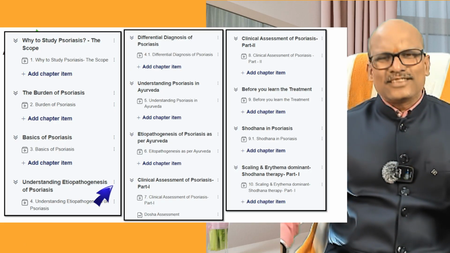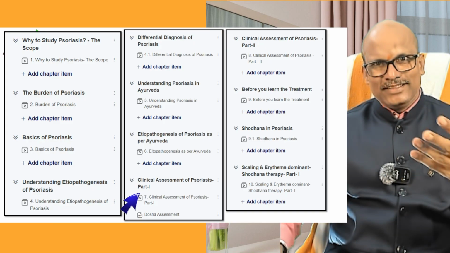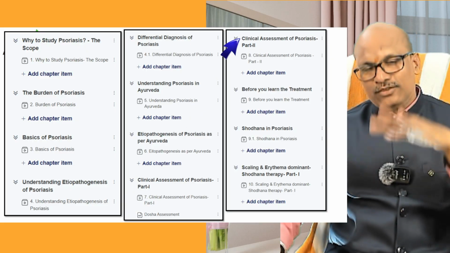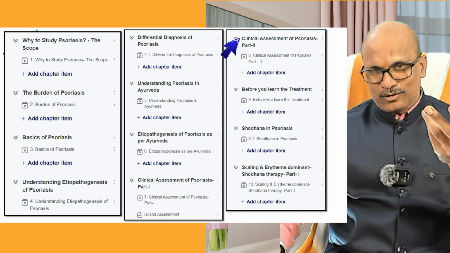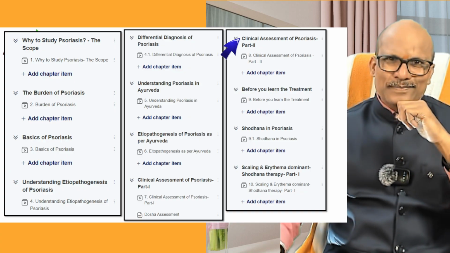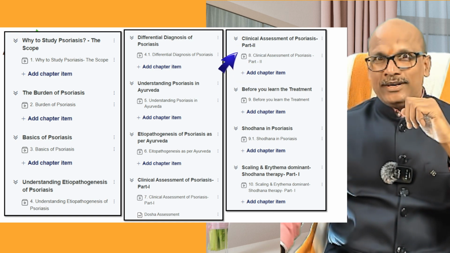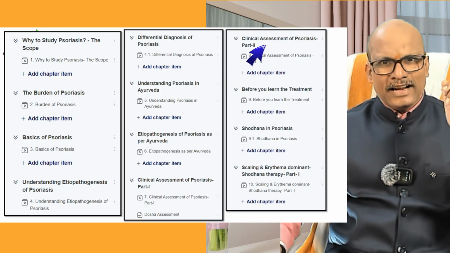Next comes clinical assessment of psoriasis, like dosha assessment. First, we will discuss how to assess dosha in skin diseases with cases. Next, clinical assessment of dosha within psoriasis. Even if we consider Ekakushta, Kitipa Kushta, Sidhma Kushta, all are Vatakapha Kushta. But in clinical practice, we do not get all psoriasis patients as Vatakapha. So if Pitta is dominant, if Vata is dominant, if Kapha is dominant, if Pitta Kapha is there, how to understand that? That assessment is done.